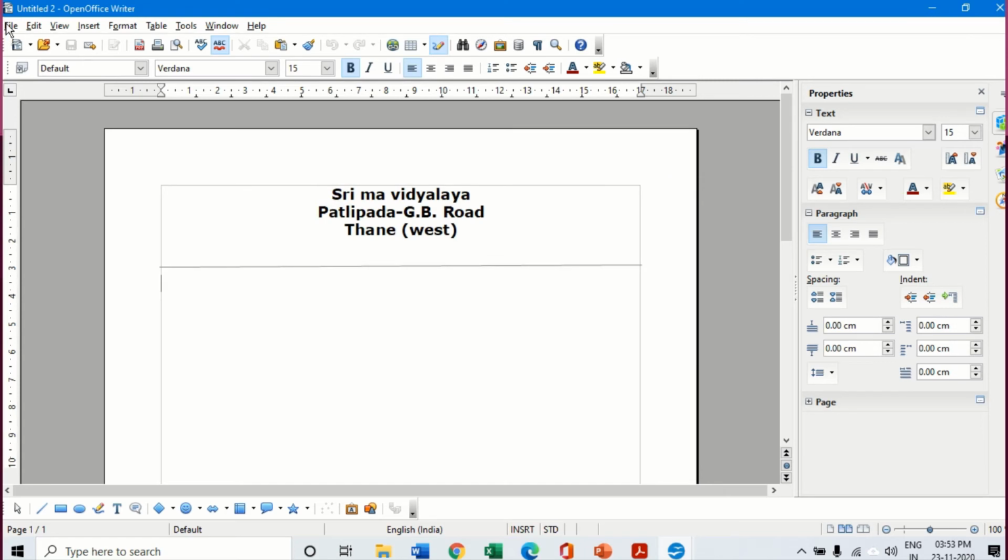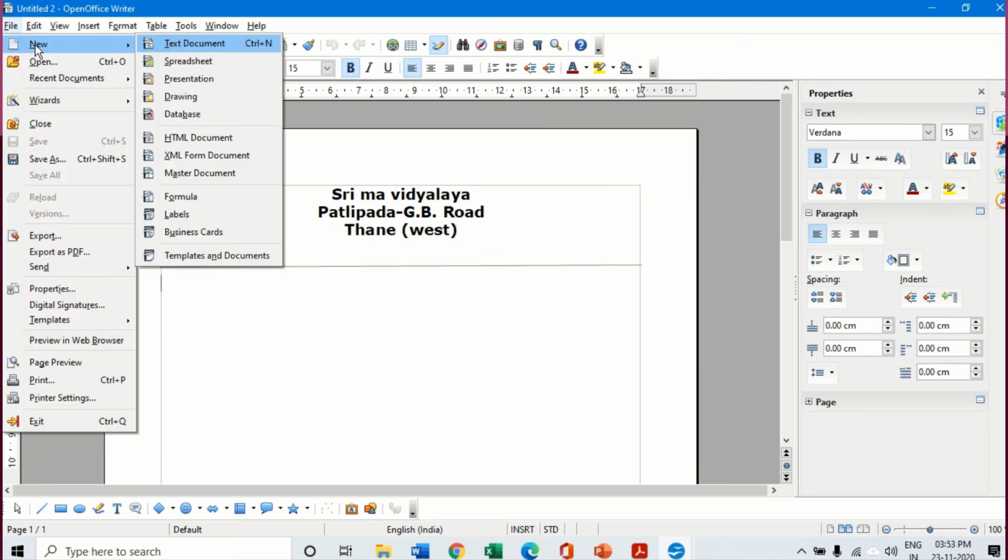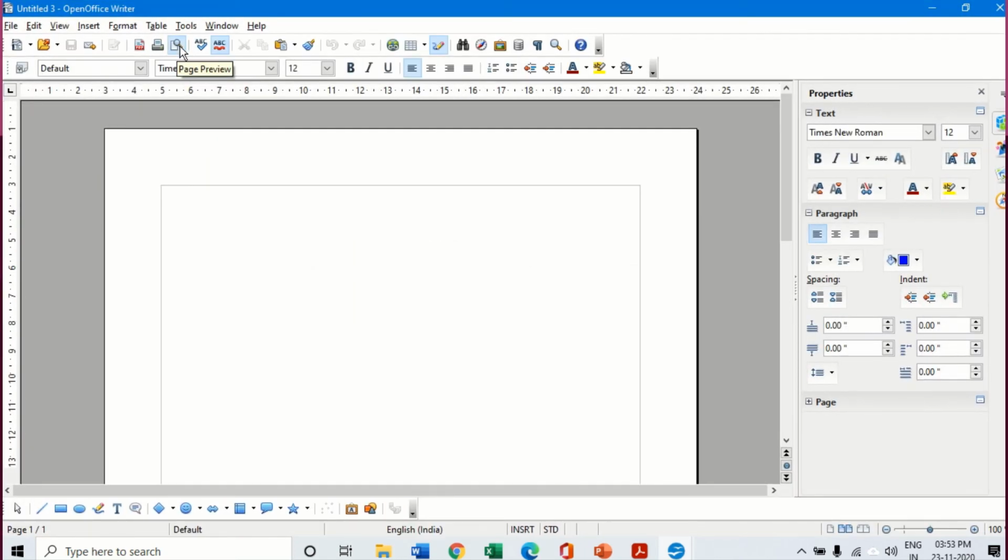Now when I open a fresh new text document, it will open in the regular default setting, which is Times New Roman size 12. So in this way I can reverse the default text document back to my original default one of the text OpenOffice by resetting the default template settings.